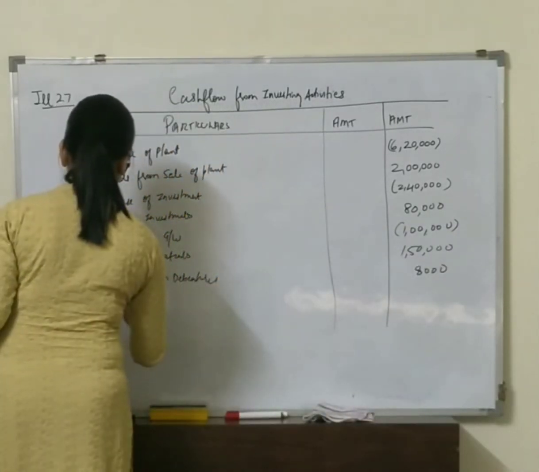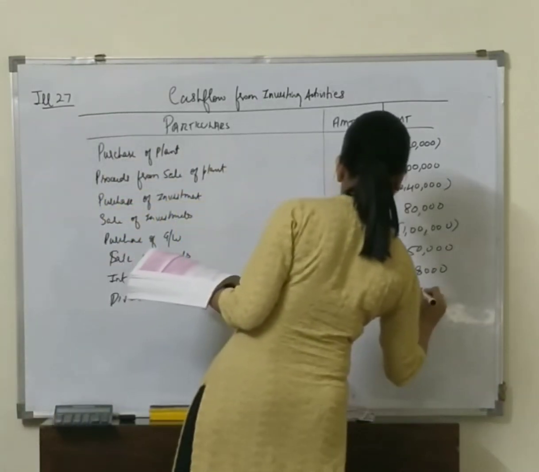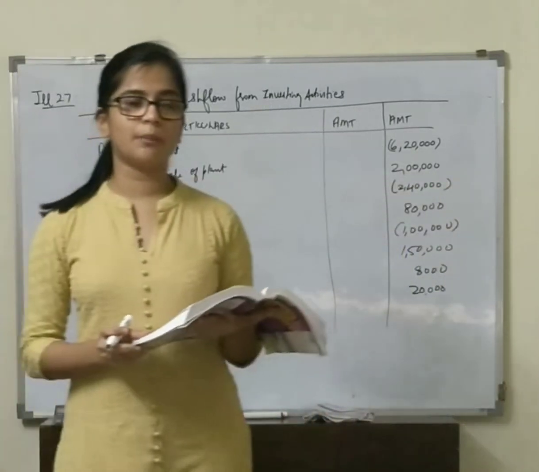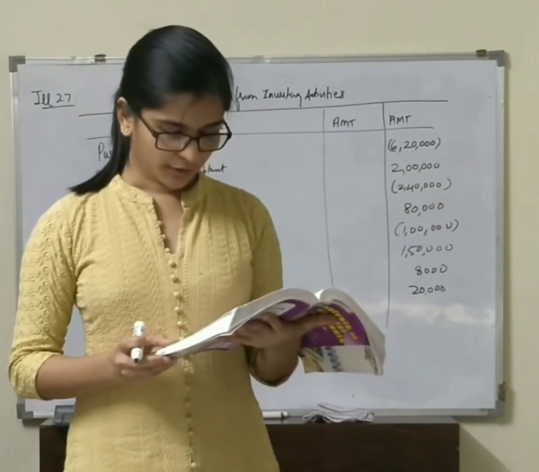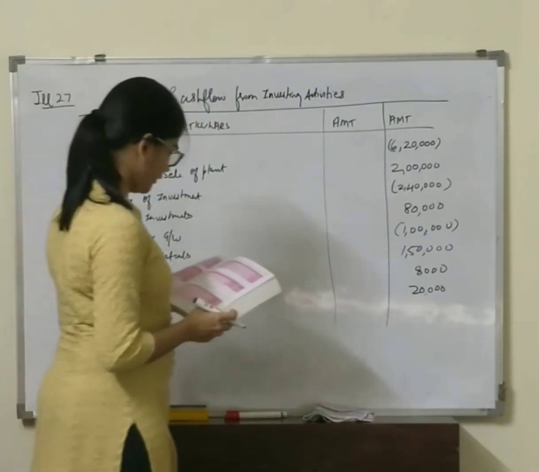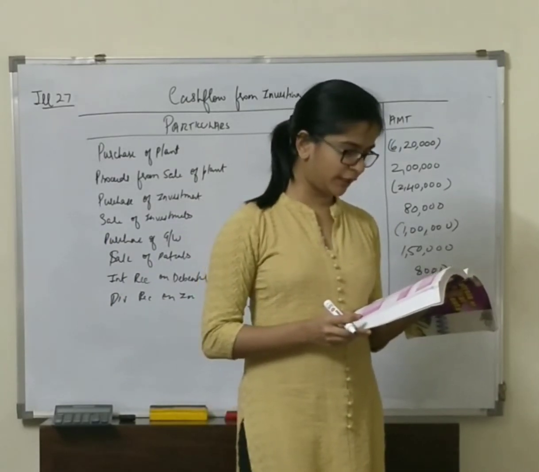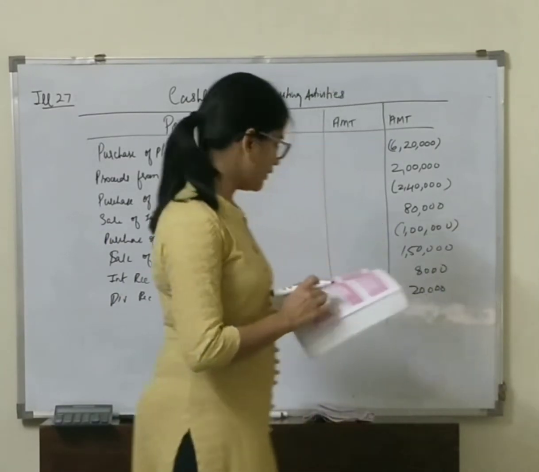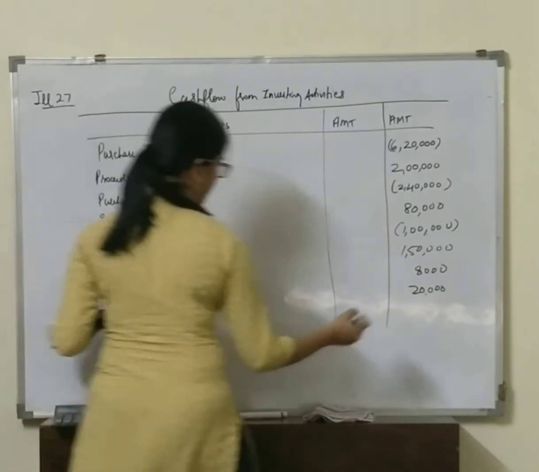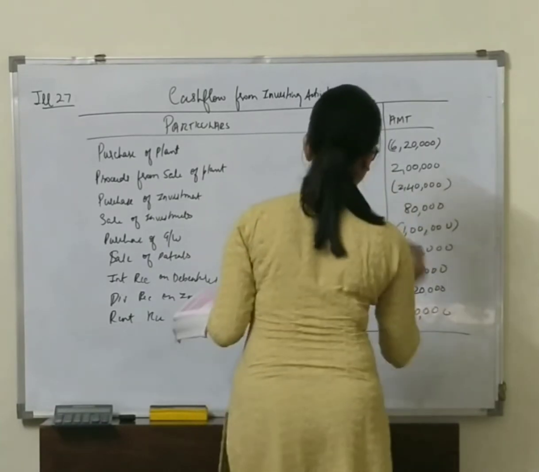Then we have dividend received on investment, 20,000. Next we have dividend paid on equity share capital. Again that would not be a part of your investing activity, but it will be a part of your financing activity. Last point, a plot of land was purchased out of surplus fund for investment purpose and was let out for commercial use. The rent received is 30,000. So we add and minus whatever is given.